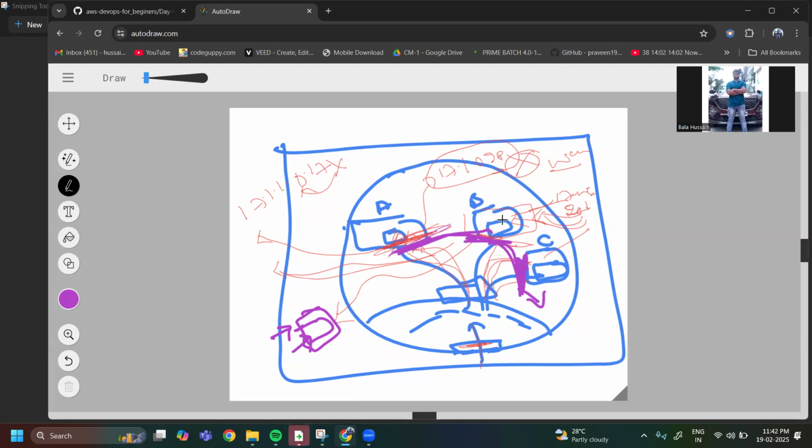For example, this B application accesses something outside of the internet, for example google.com. This application needs a package from google.com. Let me redraw it so you can easily understand.